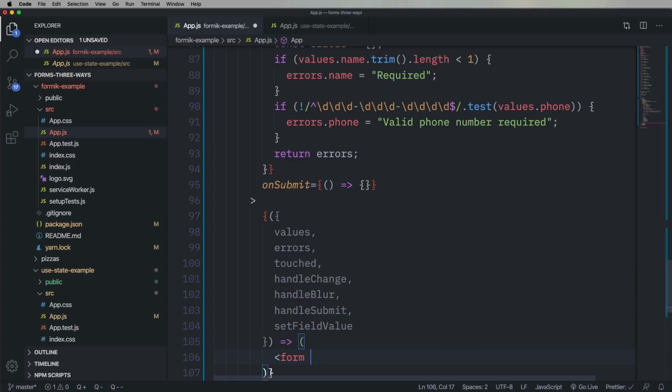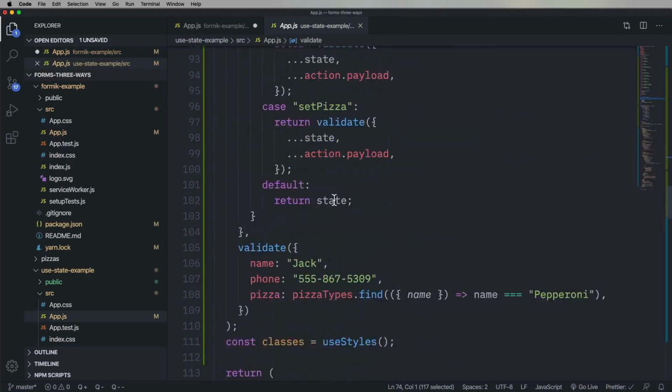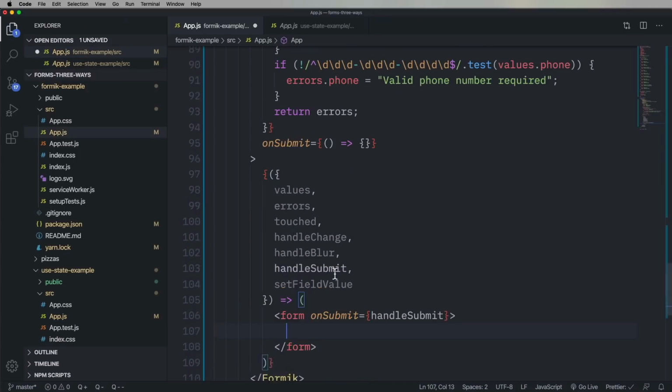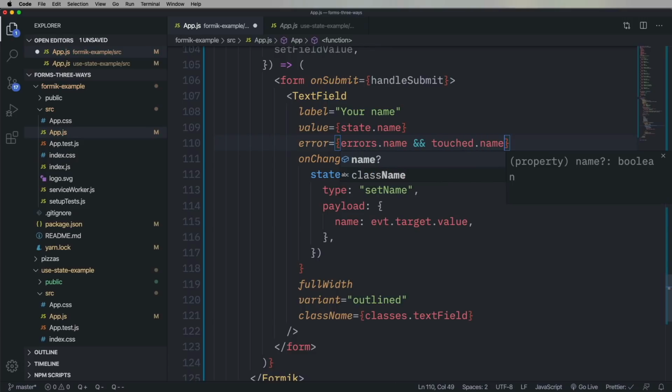So then we create a form tag that has that handleSubmit. And we bring in our text field. We're going to bring it in from our React example. We need to make some changes. We need to set the error to errors.name and touched.name. Again, you want to make sure that you have both an error and that the user was able to touch it first. Then we need to reset state, and we no longer have